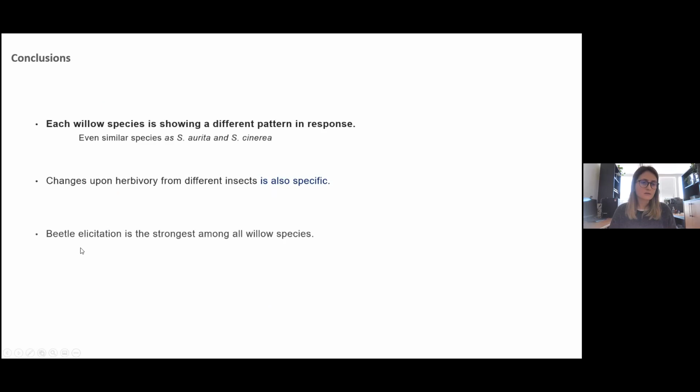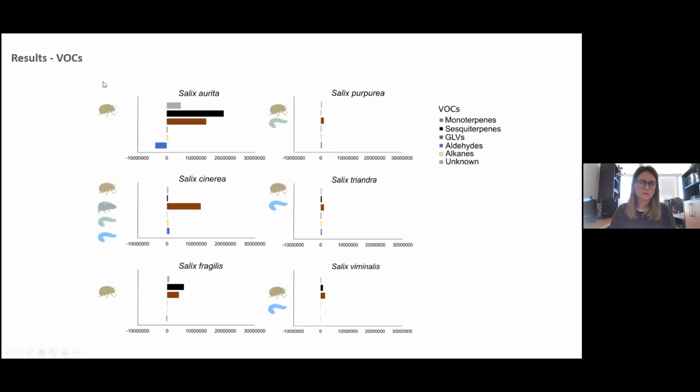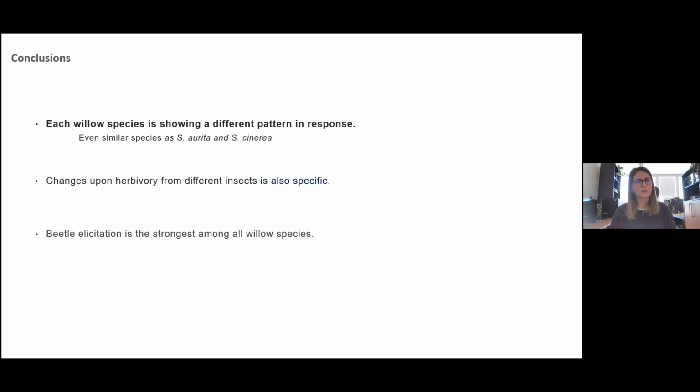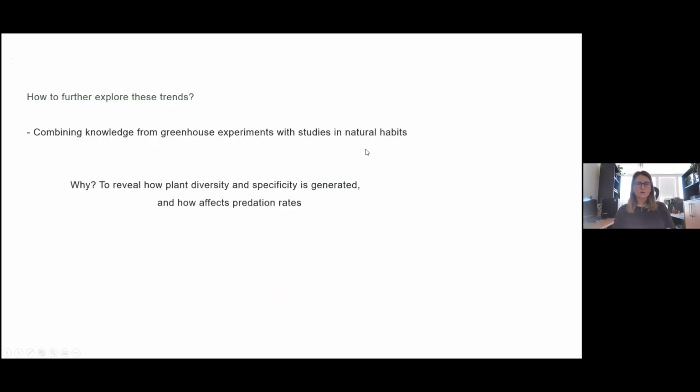But again, we can see that the beetle elicitation is the strongest among all willow species, because beetles are the only insect present in all the plant treatments as the herbivore doing most of the damage or eliciting most of the compounds. And okay, now we need to see how to further explore these trends, because we have two experiments